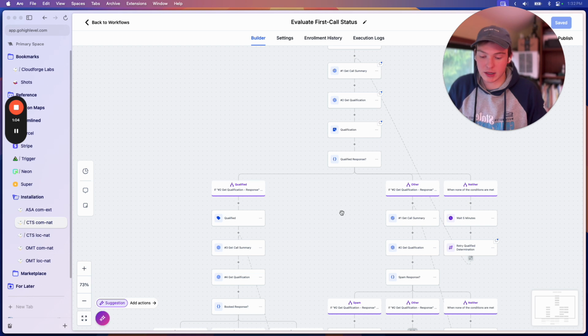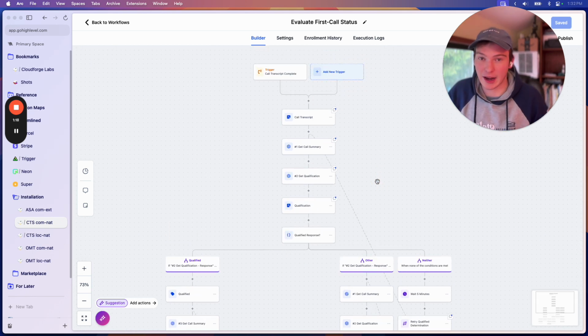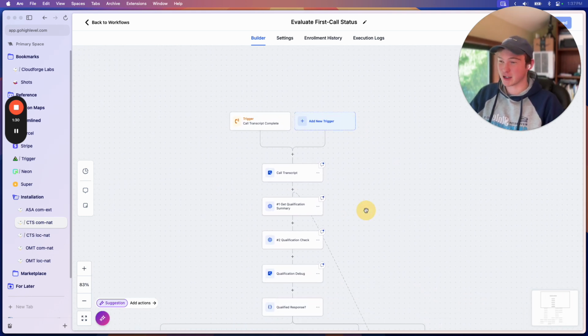I do want to preface this by saying you're going to need to play with the prompt a little bit. It's not going to be perfect, and there may be some tweaking of the wording to get it to do exactly what you want. But in general, this workflow should work probably 95% of the time to correctly mark leads. ChatGPT is really good at determining intent of conversations and lead statuses. Okay, so let's get into how this works because I think it's actually pretty sick.